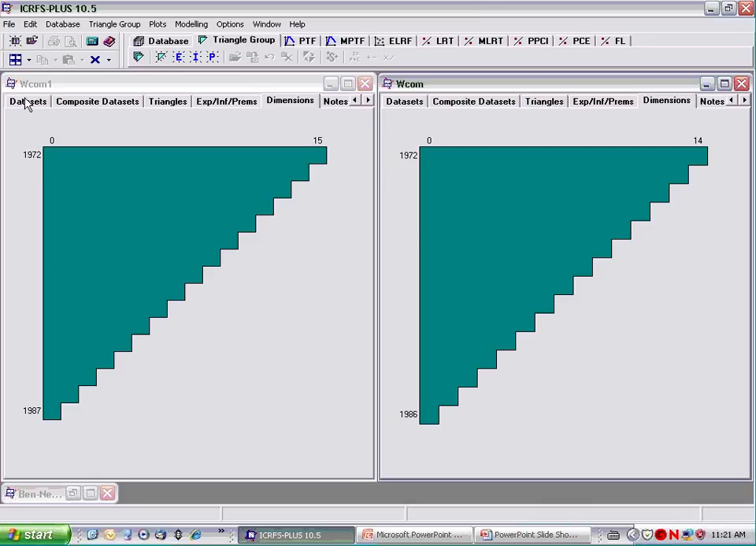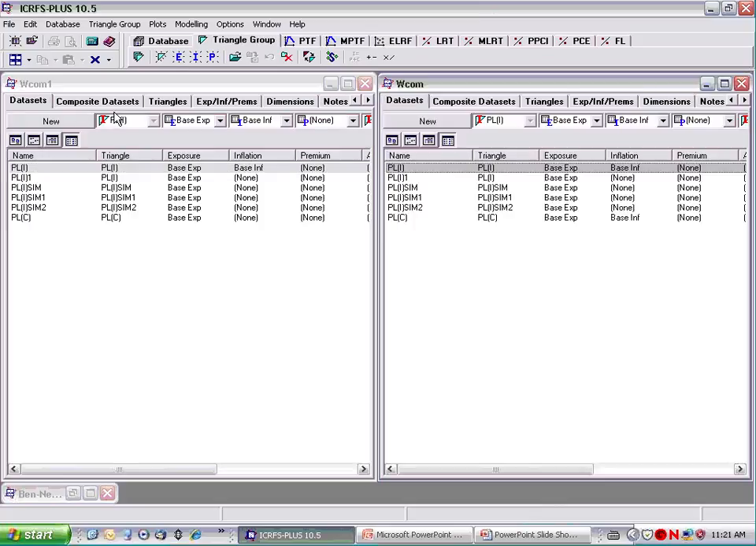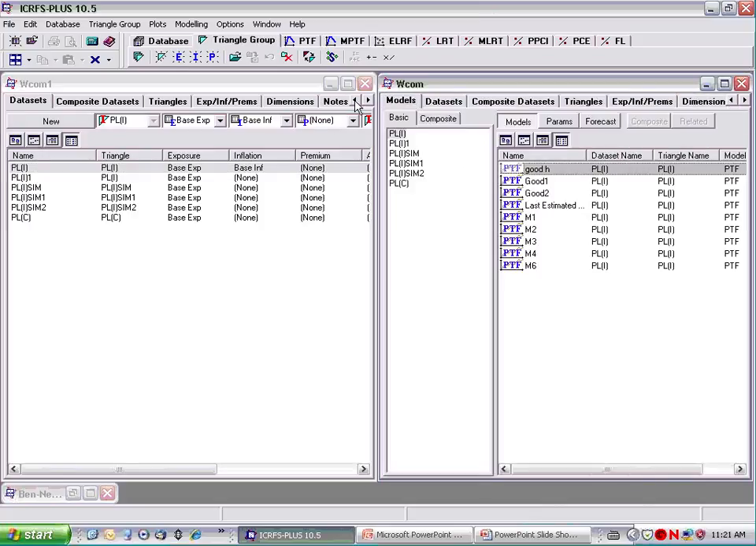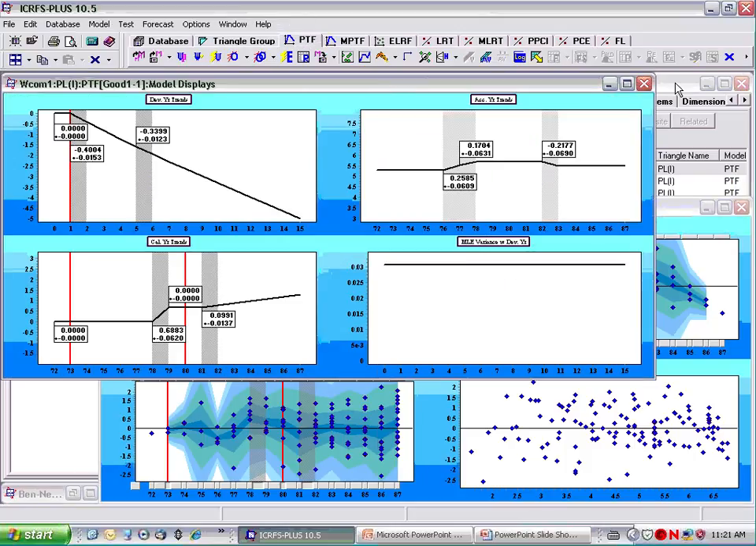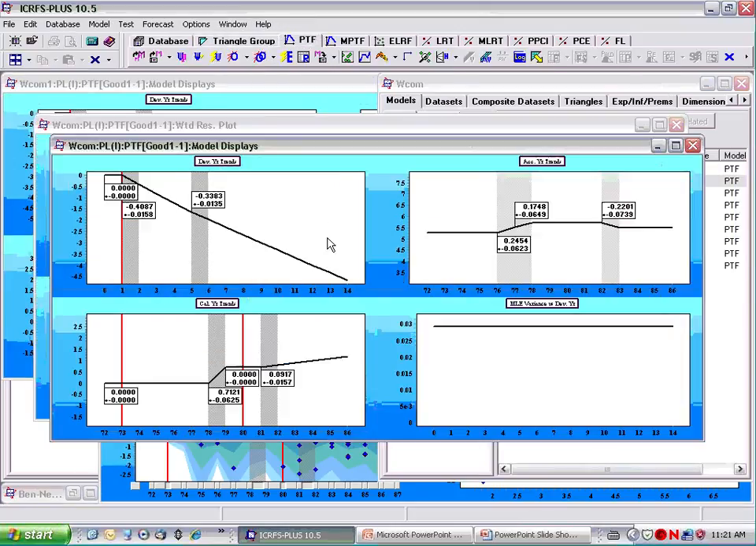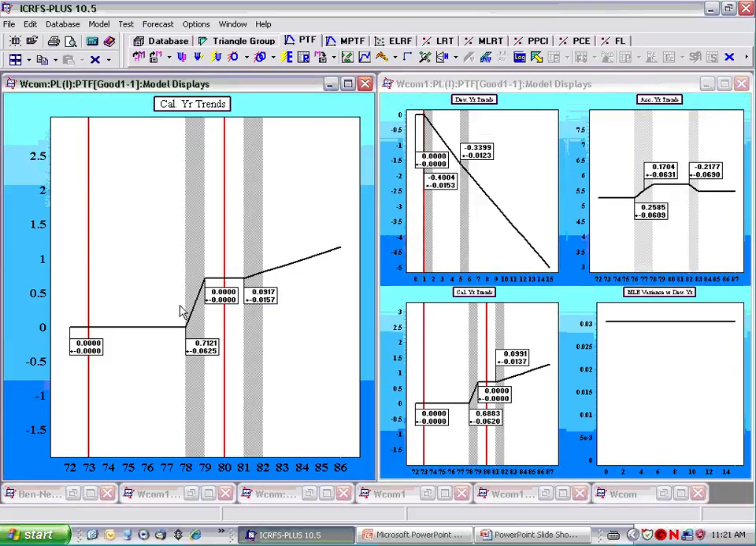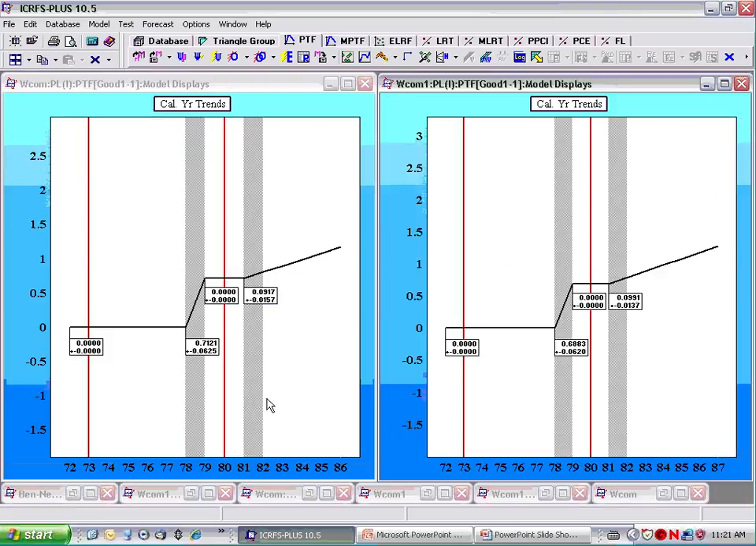All right, each one has a model. Let's scroll to the left, models. And let's run model good 1. And we'll do the same on the other side, good 1. And then we type vertically, minimize other types, so we're only looking at the model displays. And you can see basically the major difference is that the one that goes to 87,